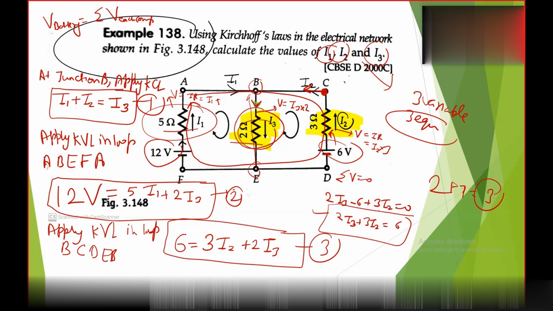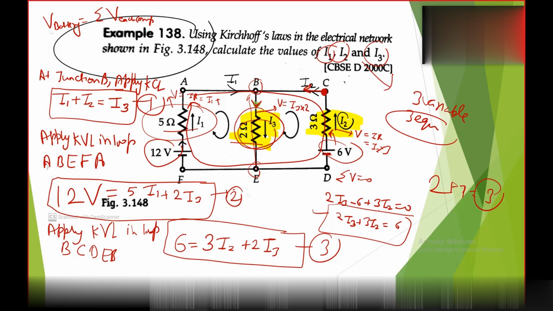Is it clear now or? Yes, sir. Okay. So now find out the value for I1 and I2 and I3. What you can do now to frame your equation into two variable only. We have second and third equation in terms of I1, I3 and I2. तो आप कोशिश करो कि second and third equation को सिर्फ I1 और I2 में ले आओ, so that there will be two variable only. अभी के लिए हमारे पास second और third equation में तीन variable हैं. So you can change your second and third equation and bring it in only in two variable.